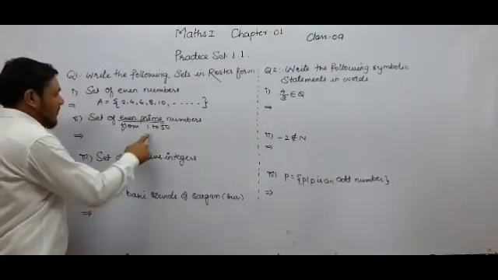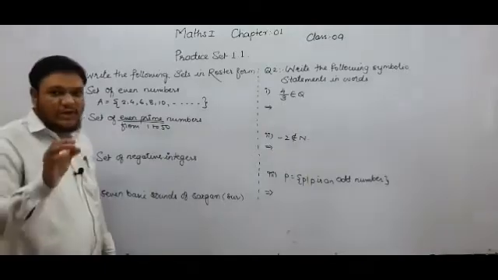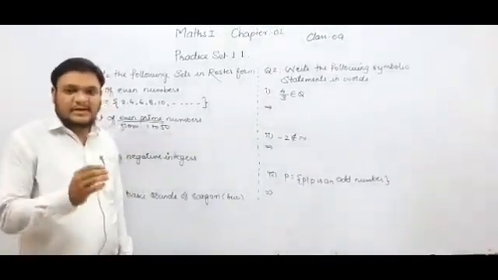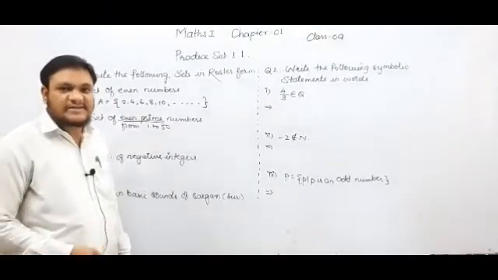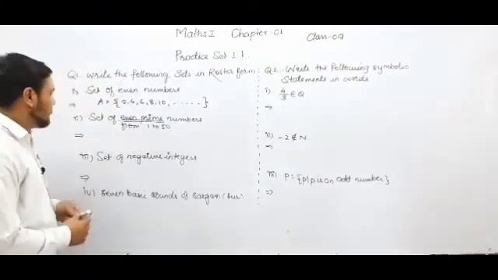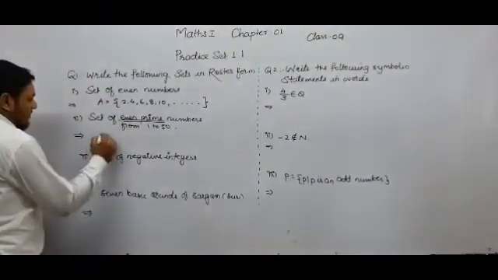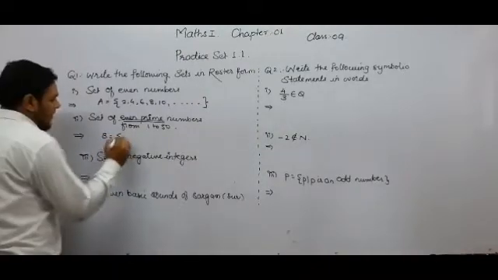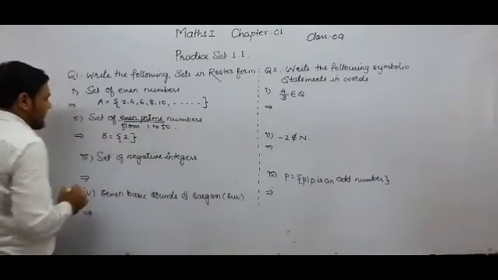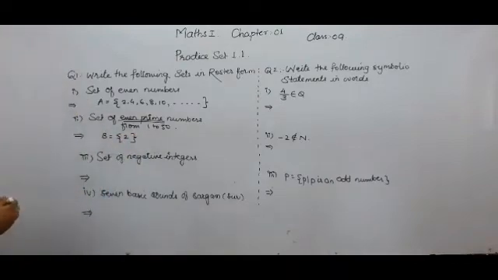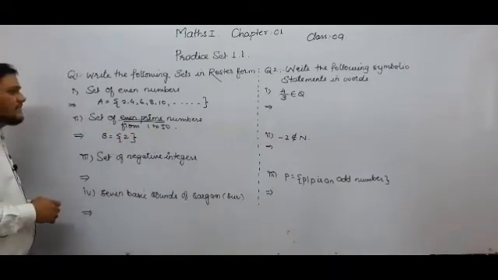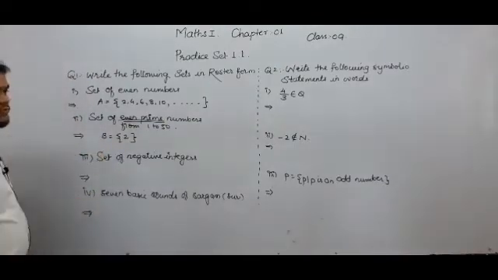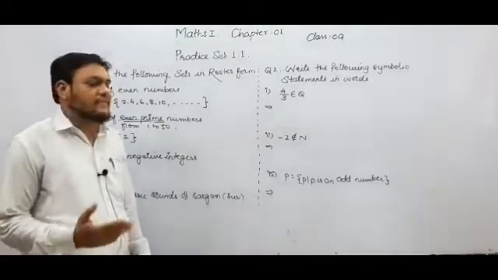So students, from 1 to 50 there is only one number which is even as well as prime, which is completely divisible by 2 and which is divisible by 1 and itself. That number is 2. We'll give the name of this set as B. B equals curly bracket, and there will be only one element in this set because there is only one number which is even as well as prime from 1 to 50. So the even prime number is 2.